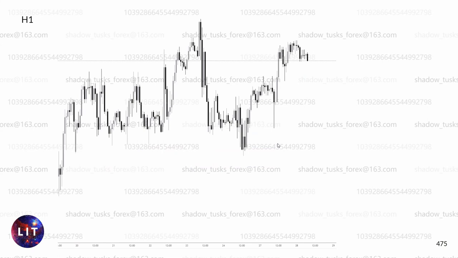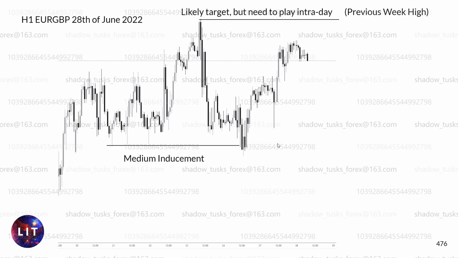So looking at the H1, where is our most recent inducement? To the downside, right? So we have induced low, all of these equal lows. This is going to become our likely target, as this is also the previous week high. So as you can see,